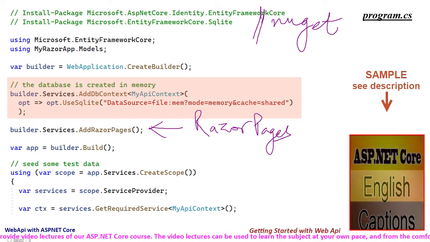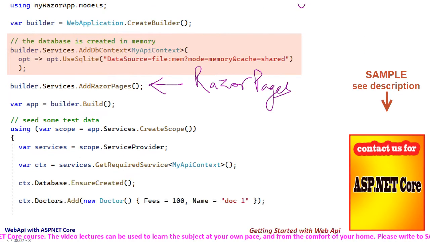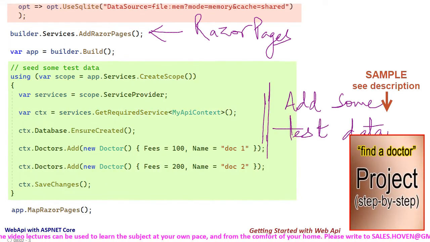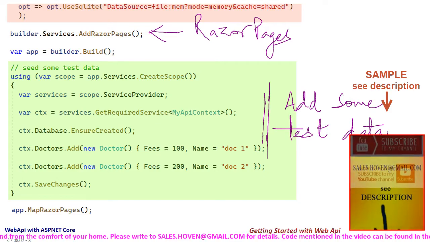After that, we have added services for Razor pages. Then we have used the DB context for adding some test data also. The EnsureCreated method is for creating the database, and after that, two records have been added for use in our